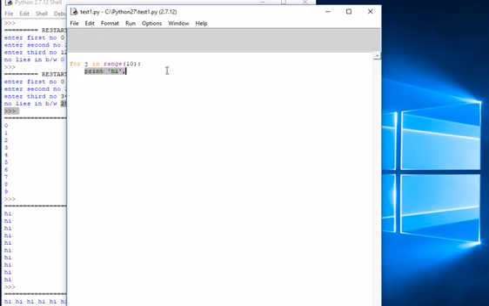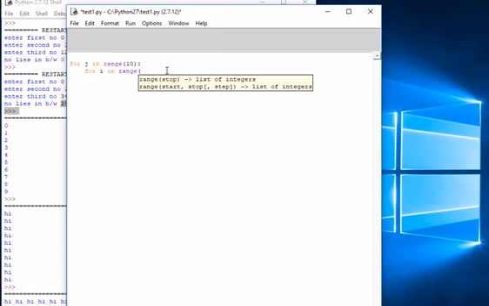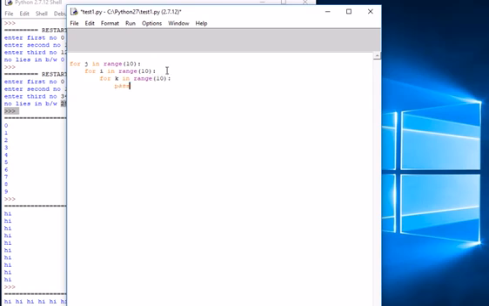So if you want to create a delay inside this, yes, let's wait for a few seconds.